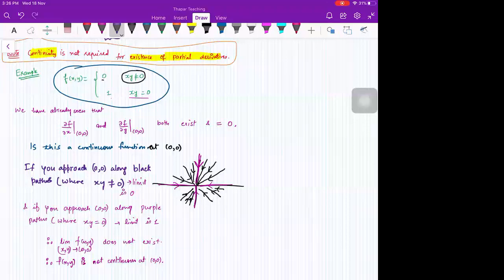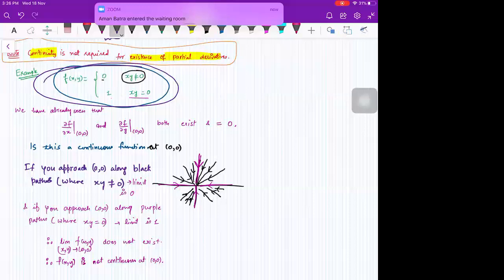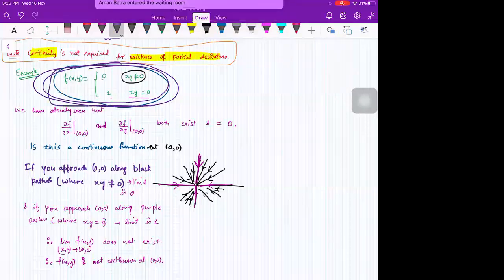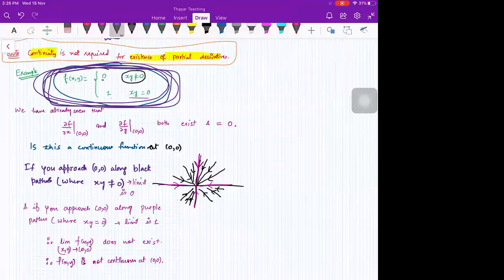Then you have to change the definition of the function also, right? We don't know right now what will happen because there is no dependence on z as of now. This function is independent of z. So you have to introduce that first, then we can talk about what you are saying.